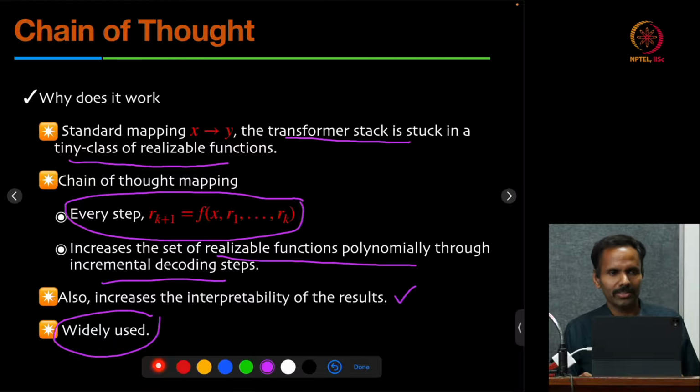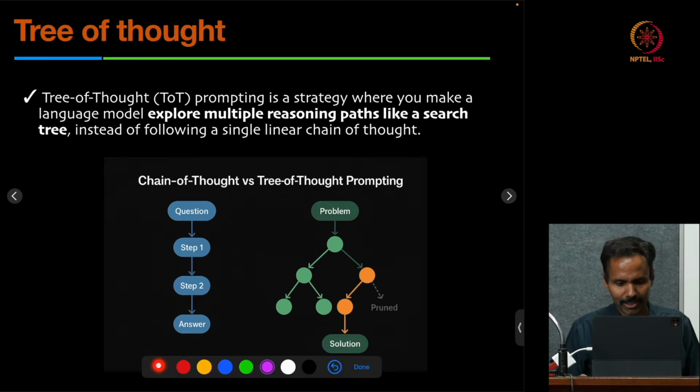Should I allow test time scaling and in particular chain of thought, or can I directly go get a response? So if you have a lot of such questions to be solved and they are relatively easy, you probably don't want to invoke the chain of thought because you are going to spend more computational cycles. So just extending this whole approach further, in a chain of thought, you have only one set of